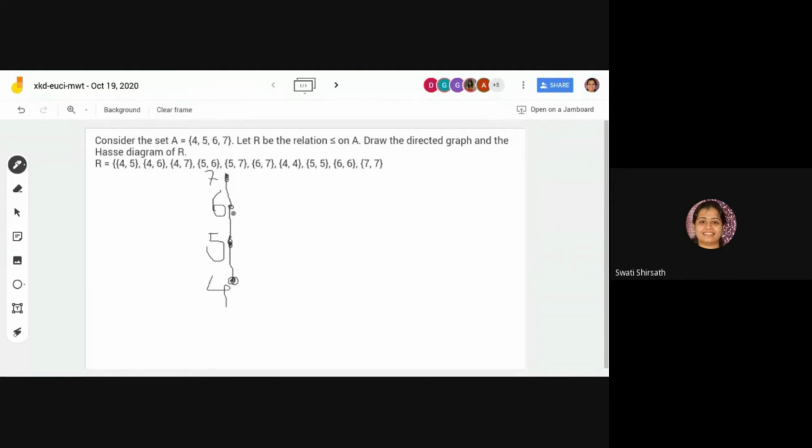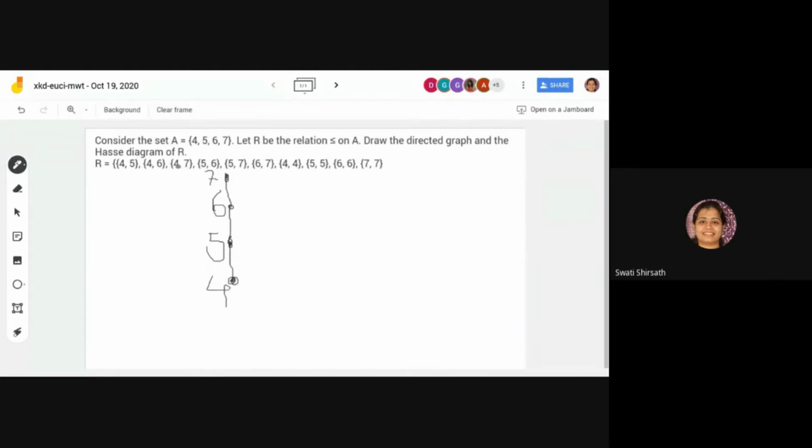is there. One more thing, if the Hasse diagram is given to you, you should be able to find out this set. Okay, because you know the rules, reflexivity, so you'll be adding 4, 4, 5, 5, 6, 6, 7, 7. Okay, after that, the edges which are visible properly and explicitly, those pairs you will write down first, and then you'll consider transitivity. Okay, so 4 to 5 is there, 5 to 6 is there, so 4 to 6 is